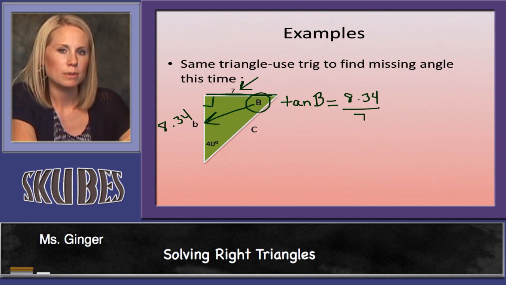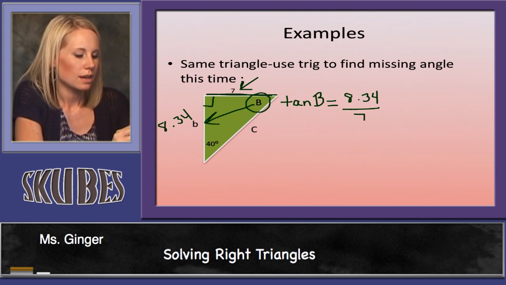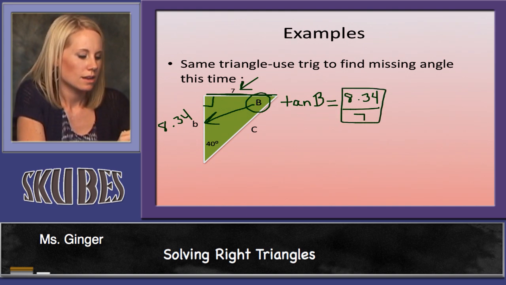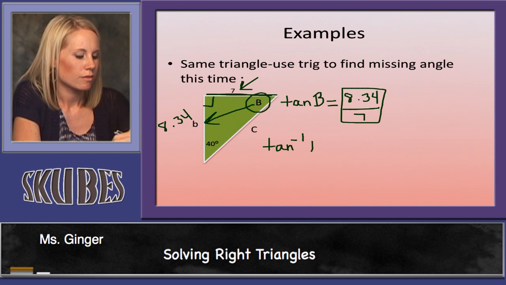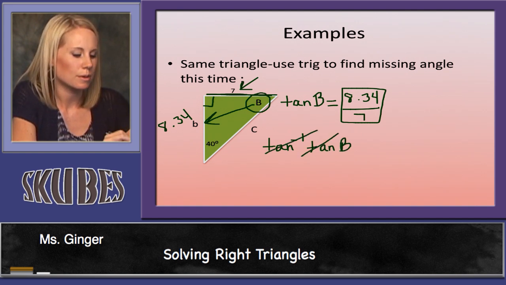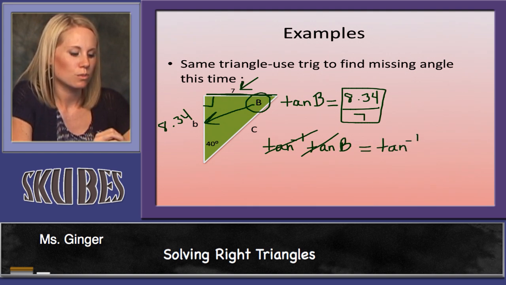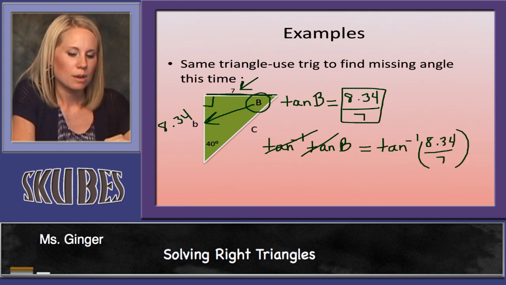Tan is attached to b, so I'm going to undo that by using tan inverse. You could go ahead and find this value here if you wanted to. I'm going to take the tan inverse, and this key is located on your calculator above tangent, and that's going to kind of get rid of tan for me. And I need to do the same thing to the other side. So tan inverse of whatever value you get here for 8.34 over 7. Okay? And you're going to come out with